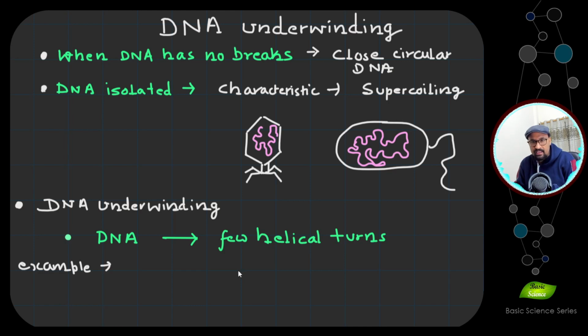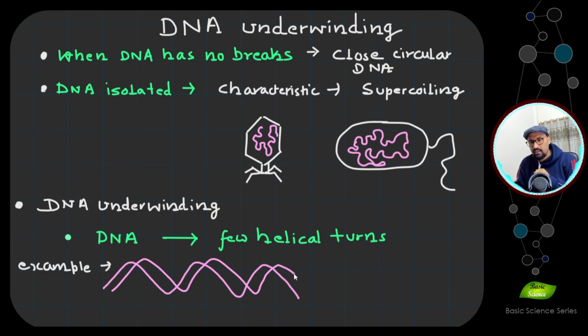Now if I simplify this, I'll take the example of the DNA turn. We have understood the basic structure of DNA, and all biology students know the structure of the DNA molecule. It's something like this, so let me draw it. It's a double-stranded DNA molecule. It will start like this, and the second strand will run like this. And as you can see, you have turns in this, and if the typical number of turns per few nanometers of distance